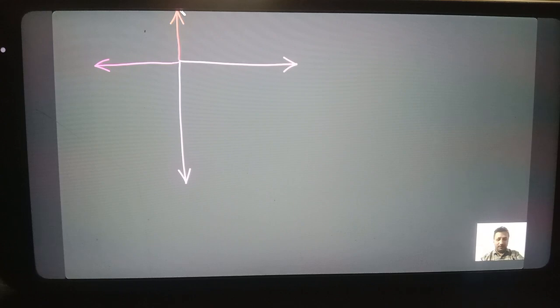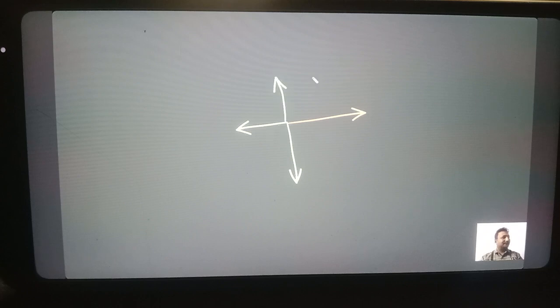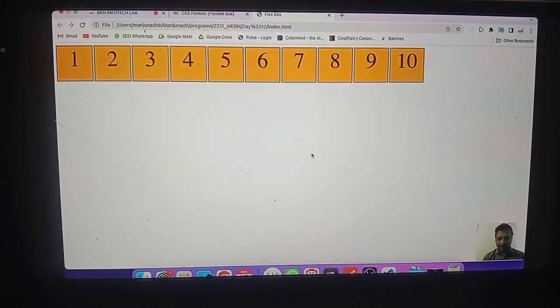Got my point? So what I'm trying to say is using the traditional approaches like position, like display block or inline, you can show left to right or top to bottom only. But you want all the four directions. The traditional properties can be used, but it is complicated. You have to write lots of code. By using display flex, in all the four directions you can use it. How? Now, see here,